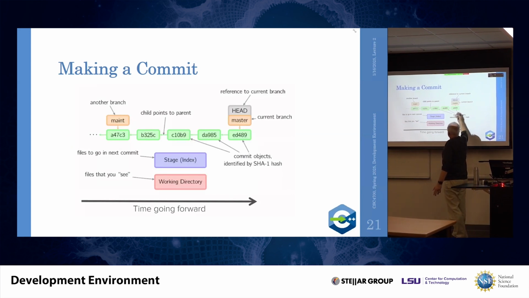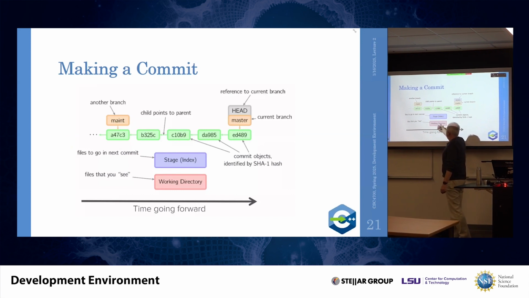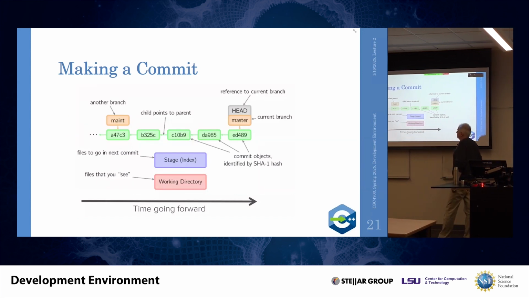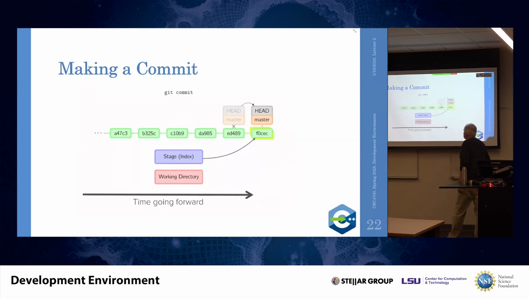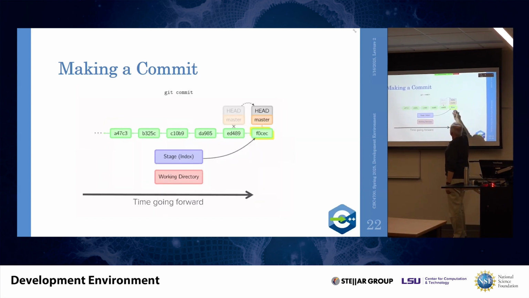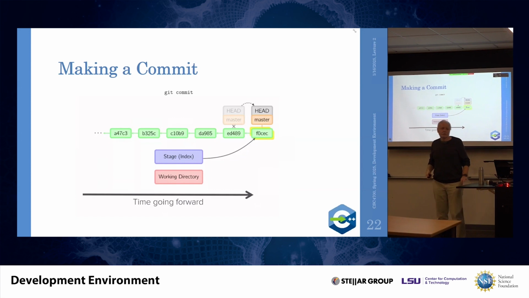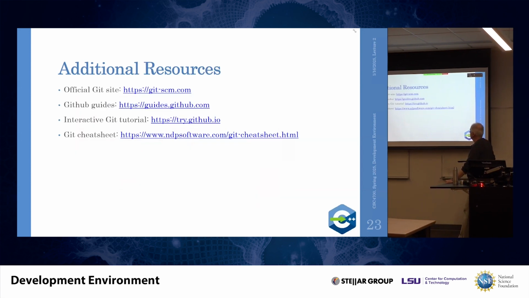So just to show that a bit more schematically, you have your changes on the working directory, then you stage your changes into the local database, and only then you actually do the commit. And when you do that, a new commit is created, and head of master is updated to point to the latest version of the master branch in this case.